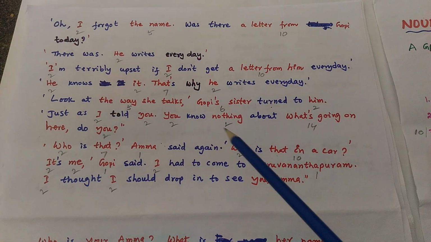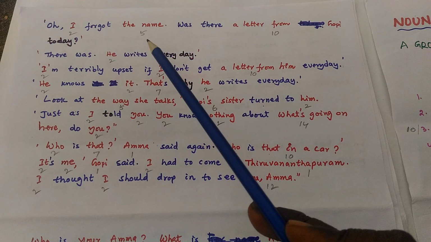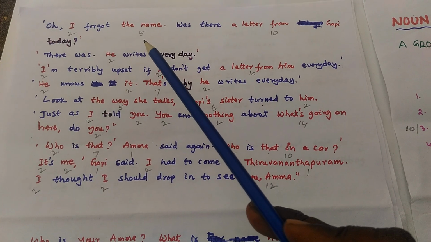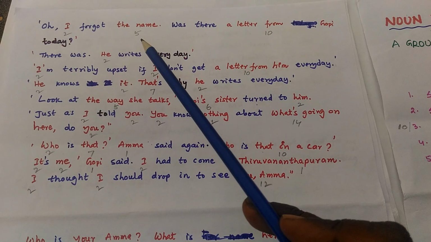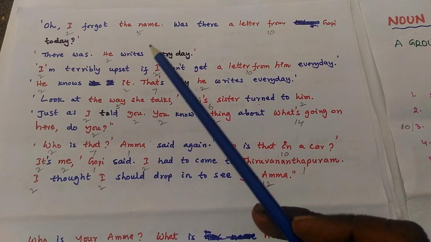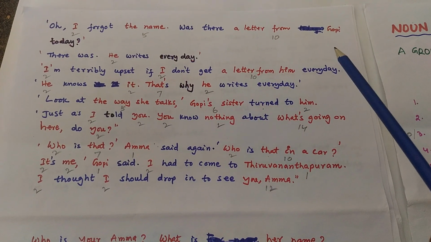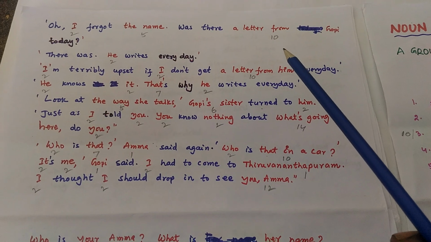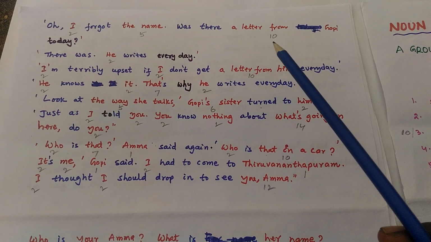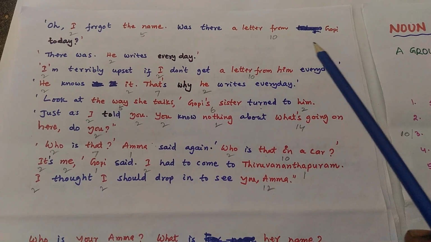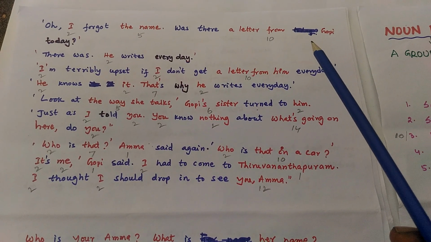Look at this passage. Here, the name is a noun phrase. Its indicator is the 5th one, that is, a noun phrase that starts with an article. And next, a letter from Gopi is also a noun phrase because it starts with an article, and also a noun plus prepositional phrase is called noun phrase. Similarly,